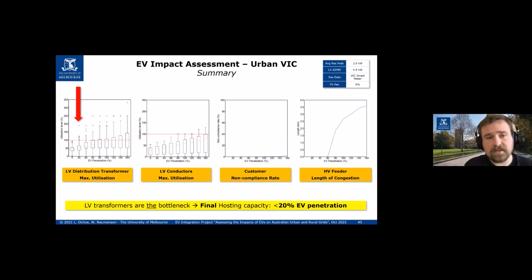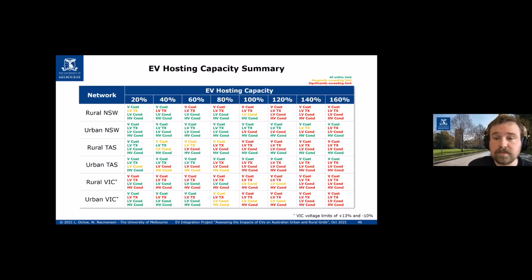But we still have that HV conductor congestion issue with over 3.5 kilometers congested. So if we move on to the next slide here, we can see a summary of what we were discussing here. The green text is showing that those values are within limits. So if we look at, say, voltage, green voltages are good, red voltages are significantly exceeding the limits. And then the yellow is where we have those borderline cases where it's slightly exceeding the limit, but you could argue it's within the design ratings.